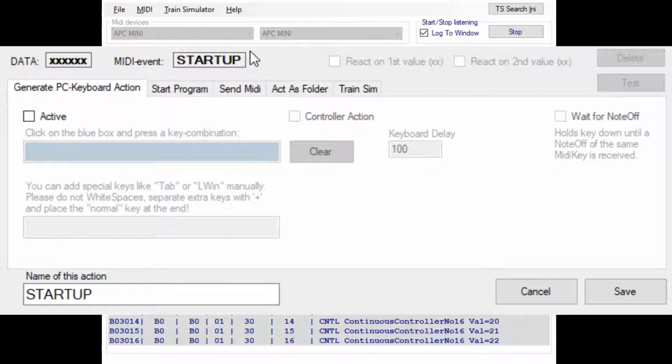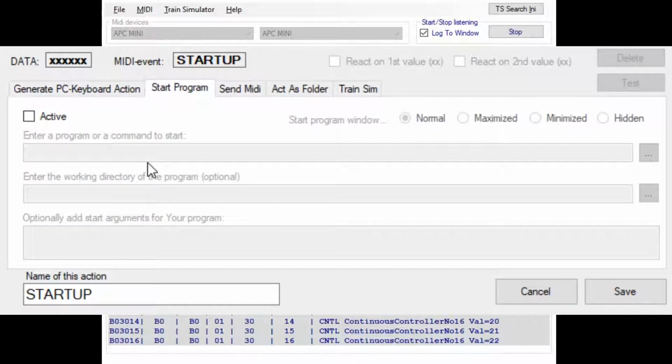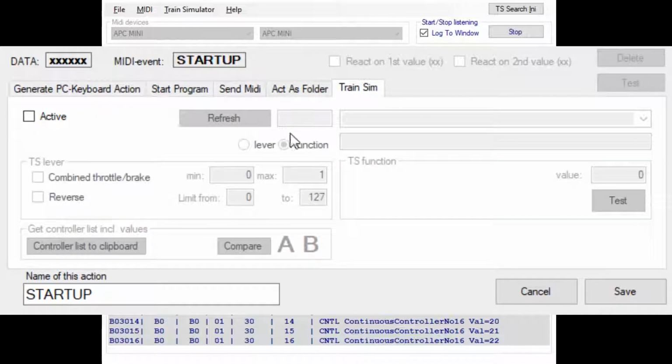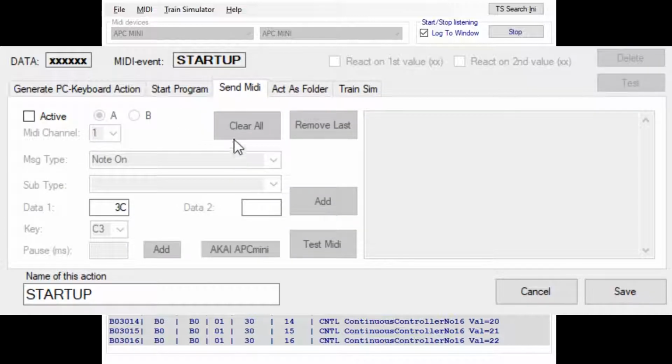When you open this window the first time, they are all not active. You can choose all the classics: generate a keyboard action, which does not make any sense here; start program, and here it comes; send MIDI commands; and send some train sim commands, but also this you would not use. So send MIDI could be good to a